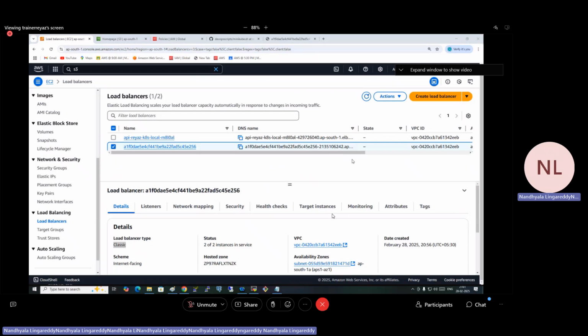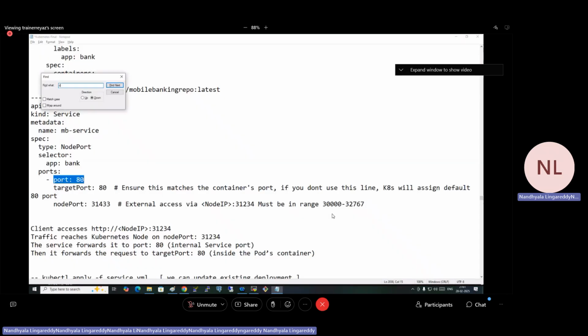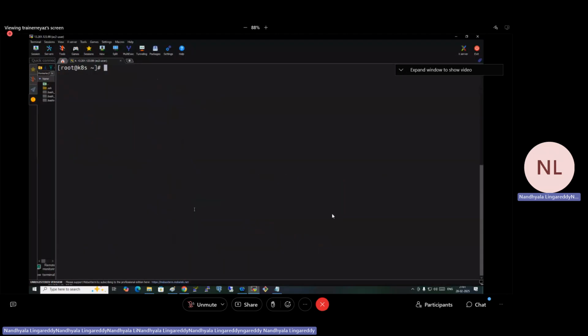And by the way, yesterday I didn't show you. Guys, you need to delete the cluster. What's that command, guys? Delete cluster, dot k8 dot local.